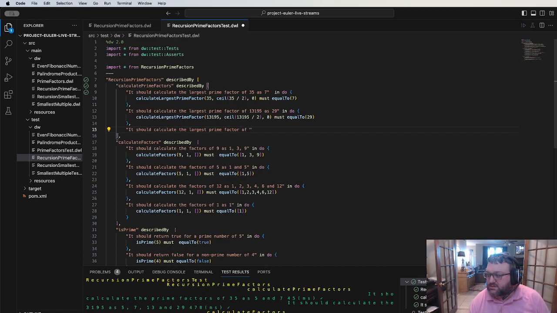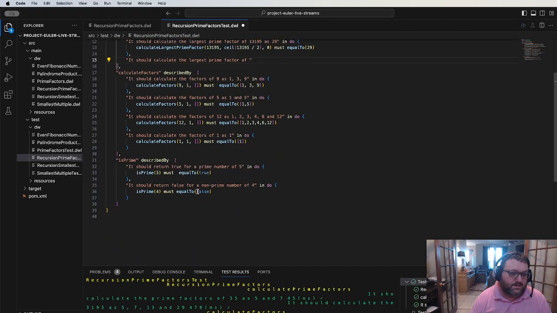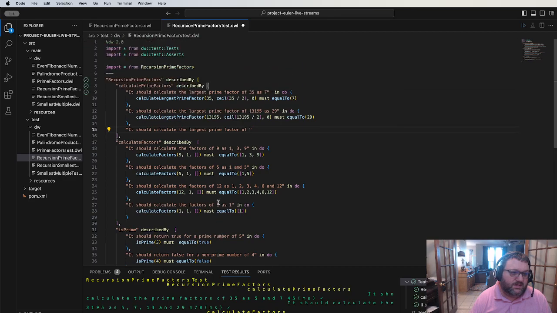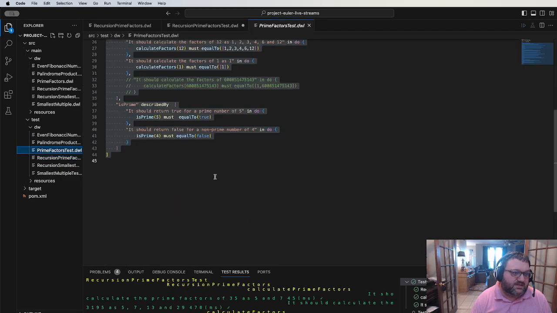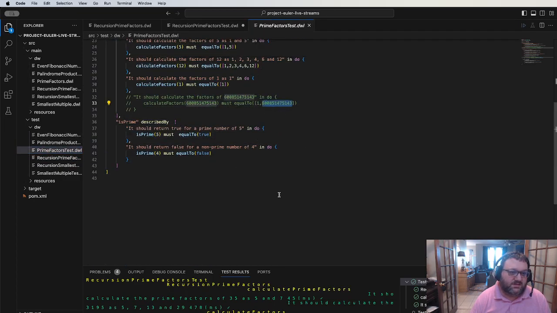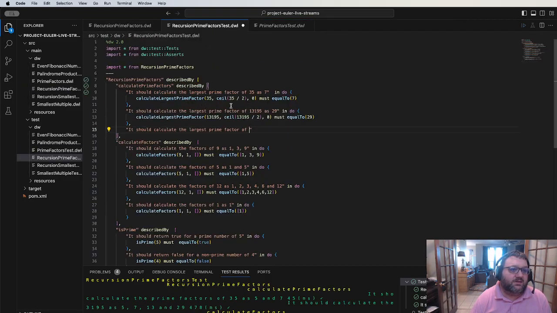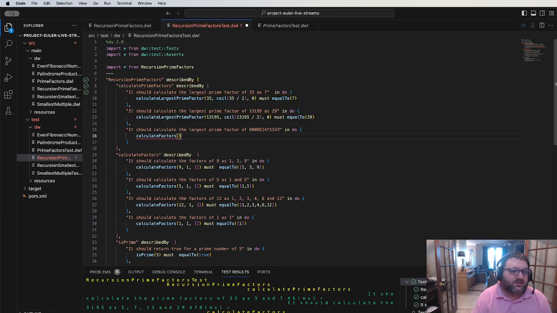So what is our largest prime factor supposed to be of 608? Yeah, I think we have it in our tests down here somewhere. We delete it? We did delete it. Let's go look in our other prime factors test suite here. Yep, here it is. This value. So it'll be this, and do, all right. Calculate largest